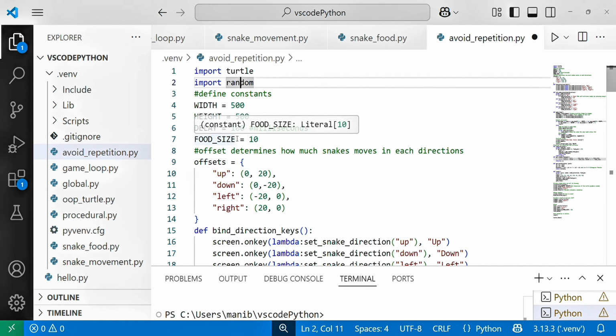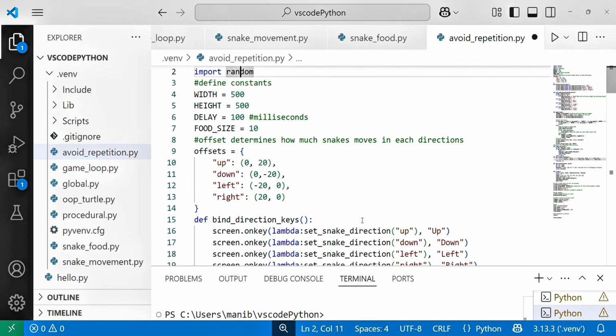I am giving a delay time of 100 milliseconds for the timer, so there is a gap between moves. For the food size: the snake's steps are 20 pixels, so the food size should be smaller than that, so I am taking 10 pixels. And the offset determines how much the snake moves in each direction, so I am taking 20 pixels.